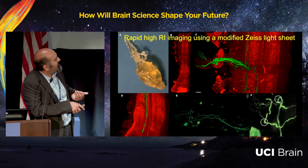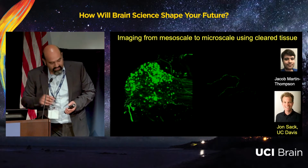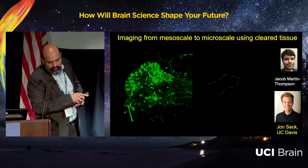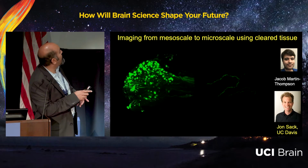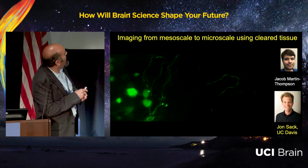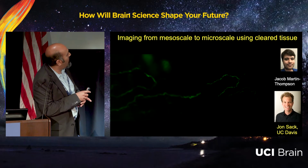And this technology is not only cool for getting this sort of mesoscopic view, but also for allowing us to, keeping this tissue all together, zoom in and find all kinds of microscopic detail. So here is a zoom in on the light sheet data from one of these cervical ganglia that was labeled. And what we're going to do here is digitally dissect and flay open that structure and go in and see actually the meeting point between the central and peripheral processes of one axon,